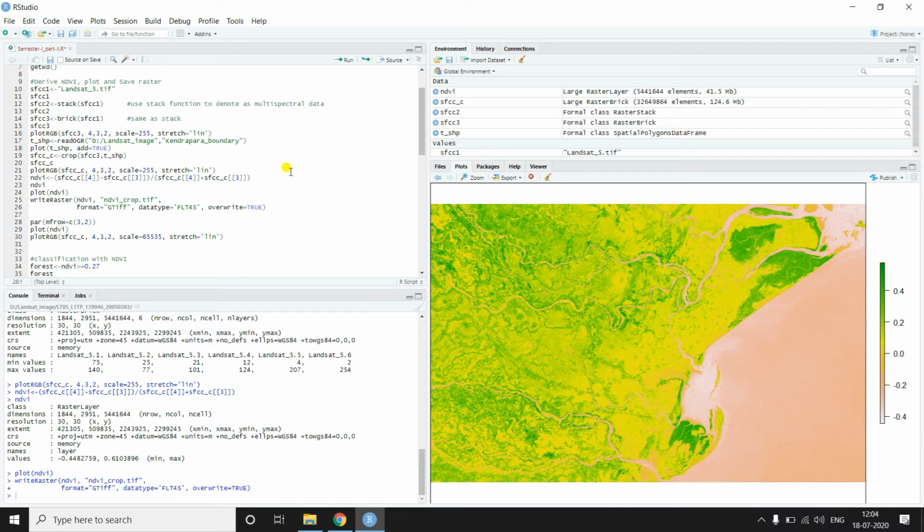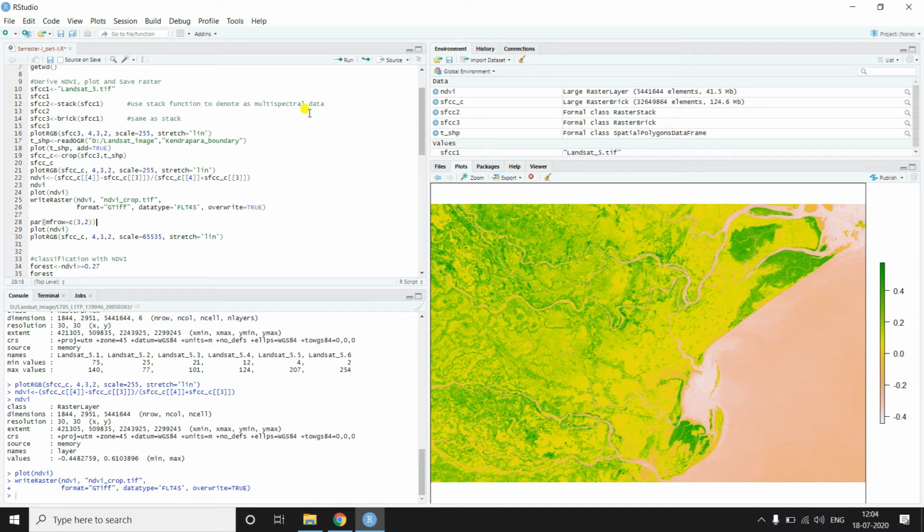Now we want to create a window where we can plot multiple image tiles. For that we have to use this par function, and here we will write mfrow, and within that we will mention the number of rows and number of columns we want to create.